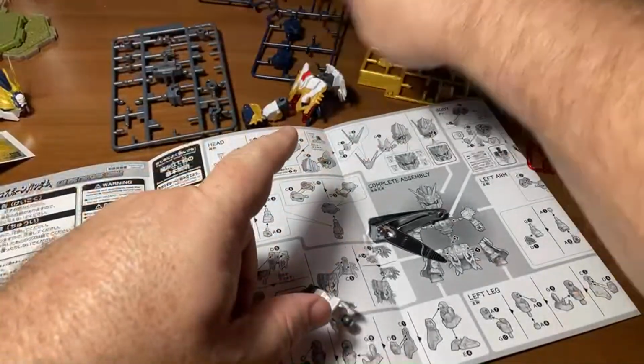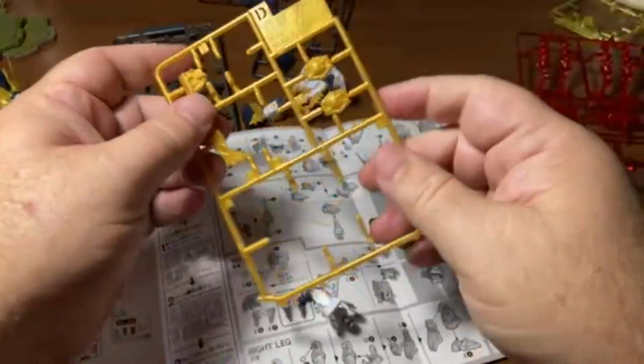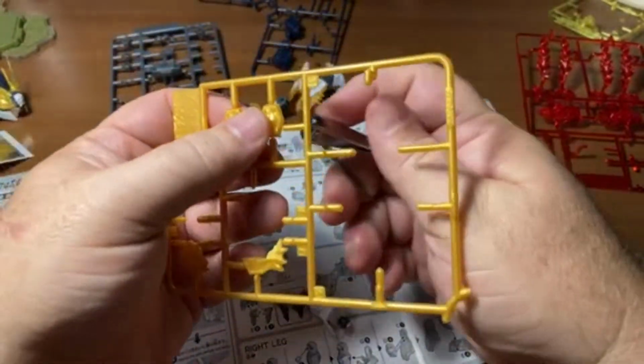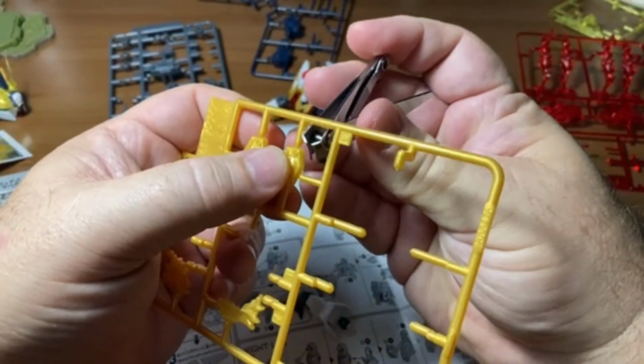D part, A, B, C, D. A, and it is D4. It says we'll win,